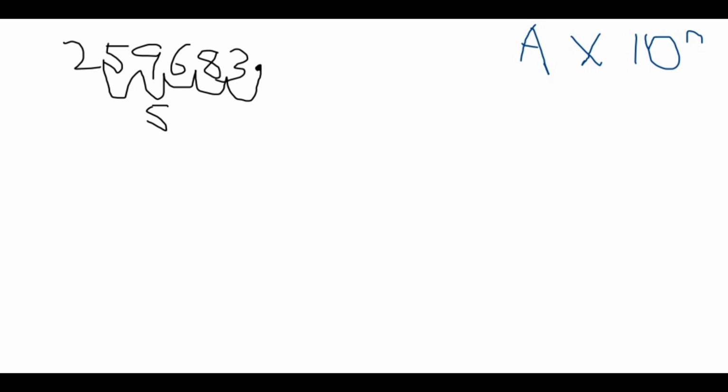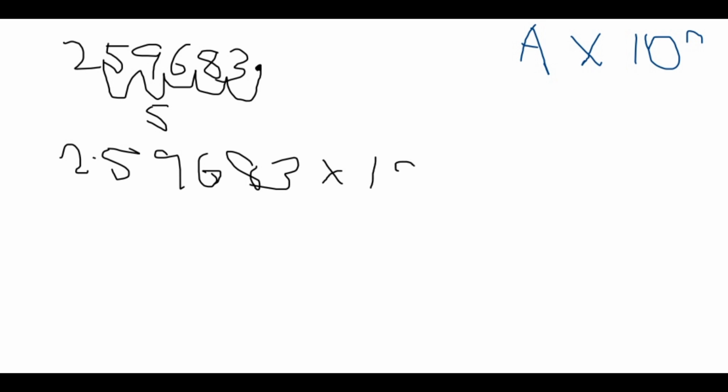Meaning this right here is going to be 2 point 5 9 6 8 3 times 10 to the power of steps moved, which is 5. And this is the standard form of